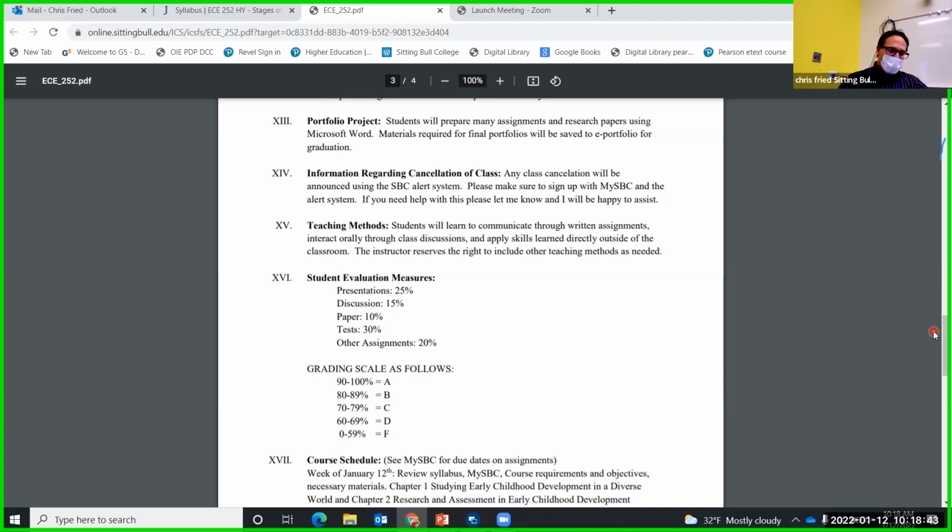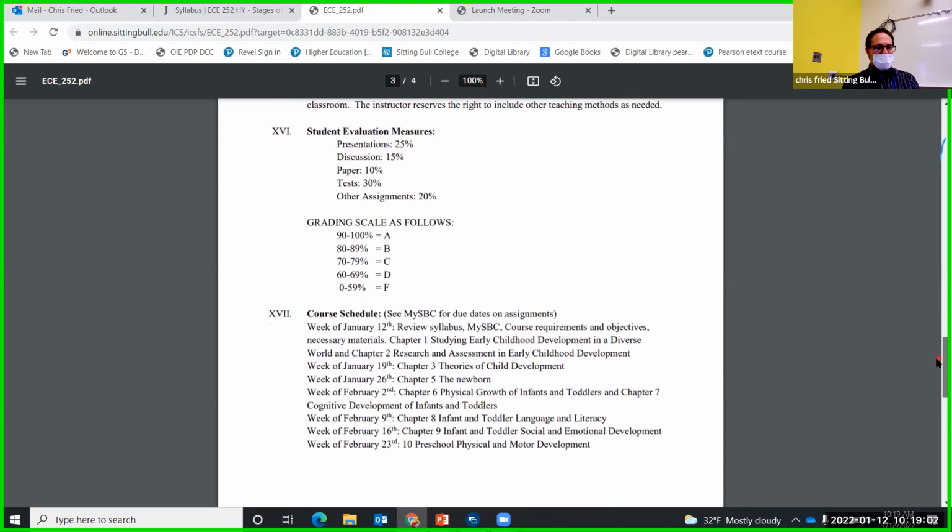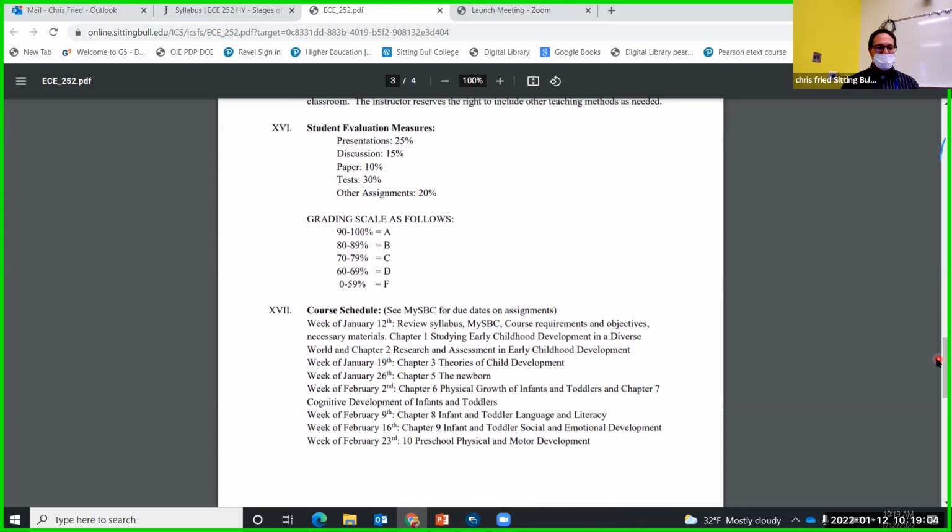These are some of the evaluation measures or assignments that we will probably do: presentation, discussion paper, tests, other assignments. These are approximate percentages. They shift depending on how things go in class, what you guys want to know, or whether we adjust things or not.